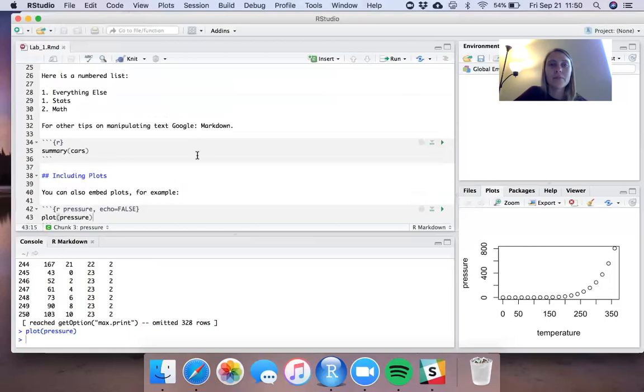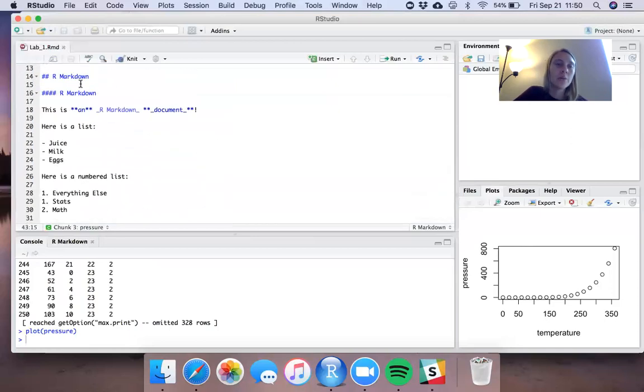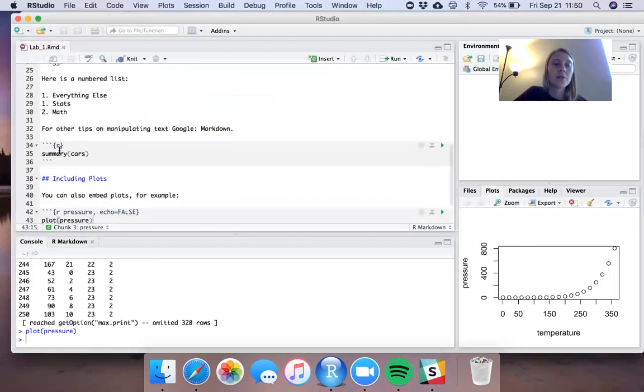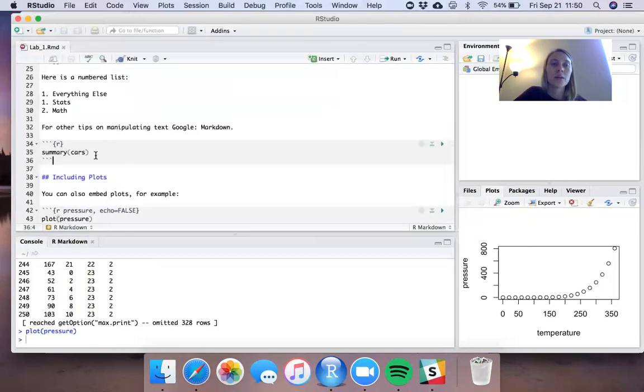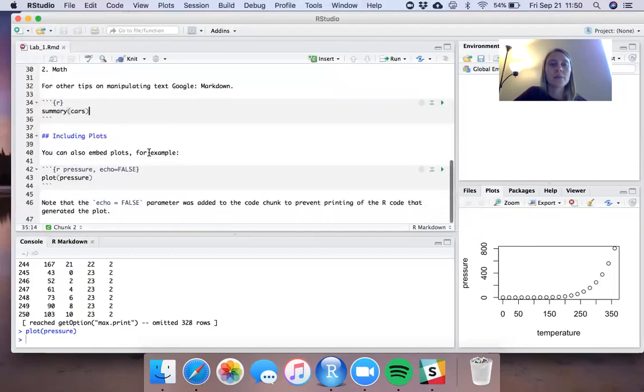So that's lab 1. We talked about how we manipulate the text in here, and then just briefly, we talked about the R code, how it's structured. And we looked at the summary command, and we didn't really talk about the plot command, but it's just a plot of the pressure data set. We'll talk more about plots and the summary in later labs. Okay, cool. So that should get you well on your way